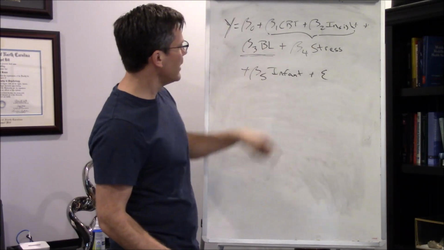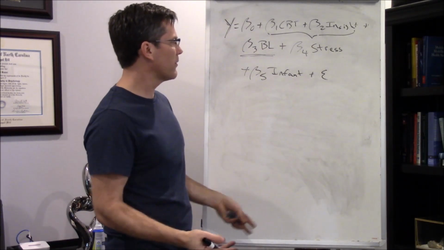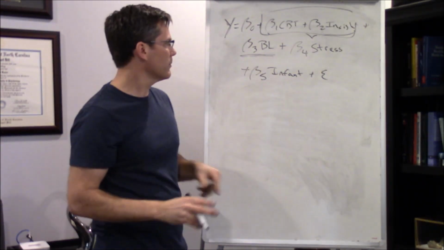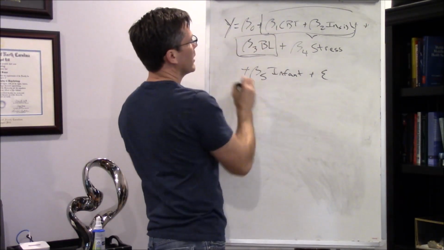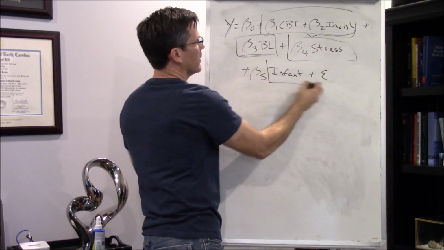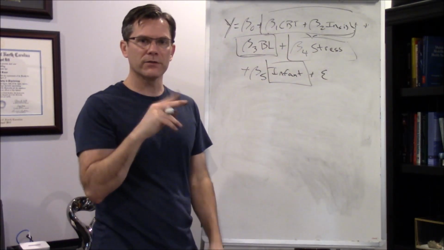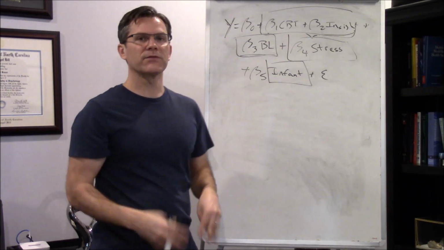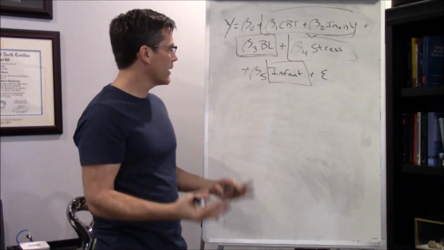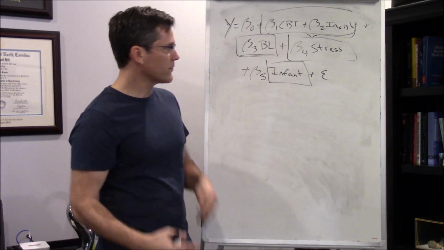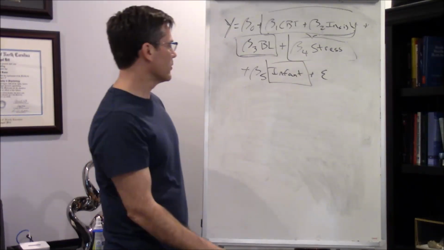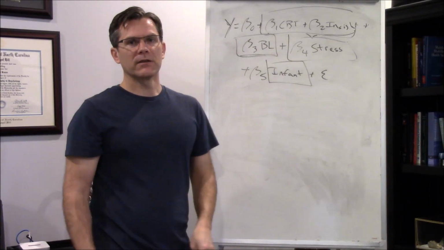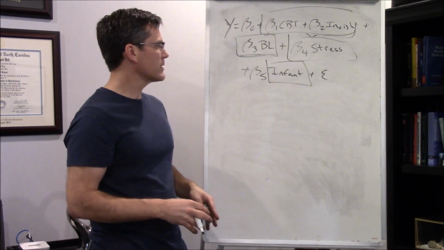So we could include a lot of different things in our model, some of which are continuous, some of which are categorical. So treatment group is captured by these two indicator variables. It's a categorical predictor. Baseline satisfaction, continuous. Stress, continuous. Infant in the home or not, two possible values, 0 or 1. Indicator variable, categorical predictor. All right, so we can have this mix of different kinds of predictors in our model and get good estimates to interpret mean differences for one predictor holding constant other predictors. So we have a lot of flexibility in these models